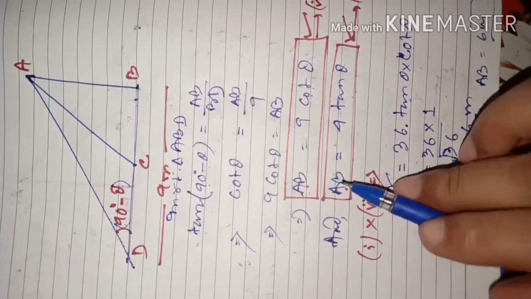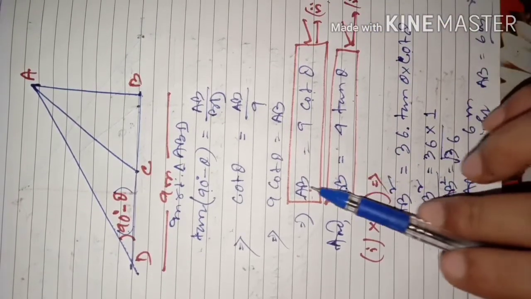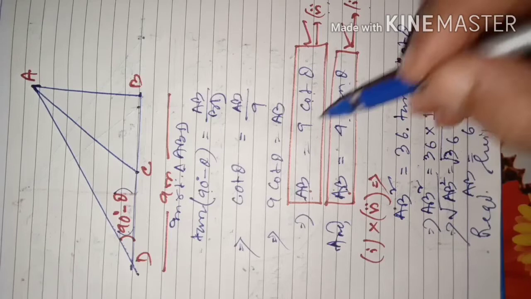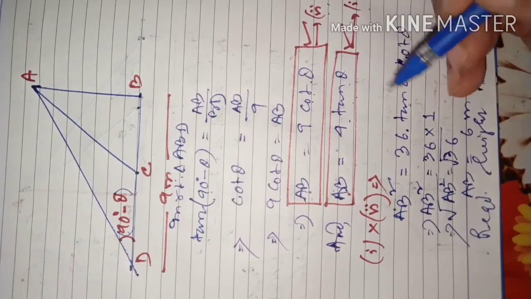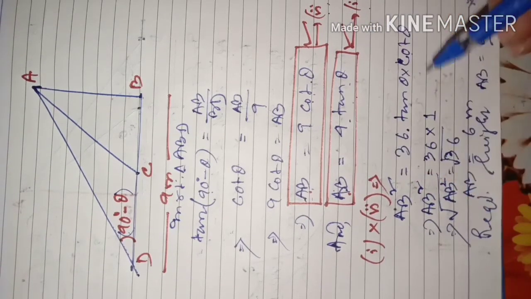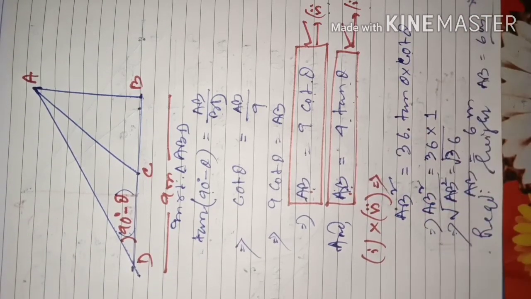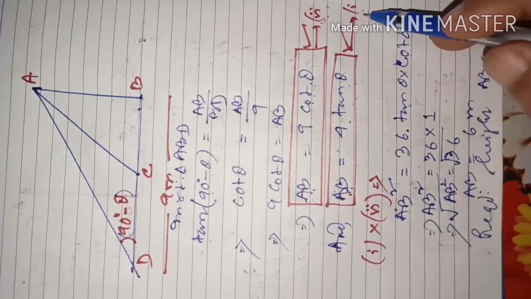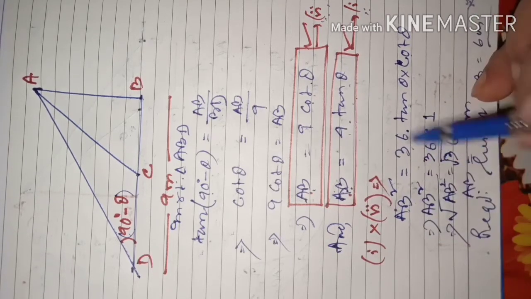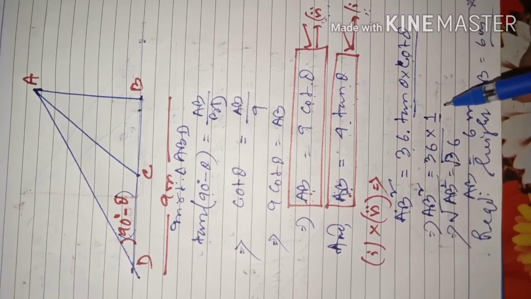Now you may be thinking, how will we know that we have to multiply? Easy. When equations are given, always keep in mind which term is required; that should be kept. Suppose I equate both, writing 4 tan theta equal to 9 cot theta, I will not arrive at any result. If I subtract, AB minus AB becomes 0 and AB disappears, but we need the length of AB. If I divide AB by AB, it becomes 1, which is of no use. Only when you multiply does AB remain. Multiplying AB into AB gives AB square, 4 into 9 is 36, and tan theta into cot theta is 1 because they are reciprocal ratios.